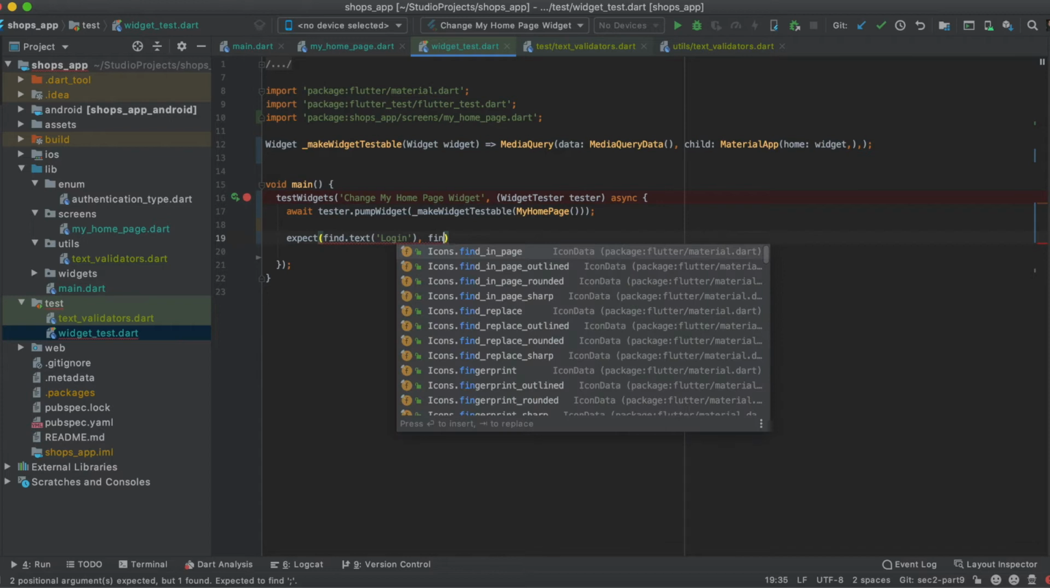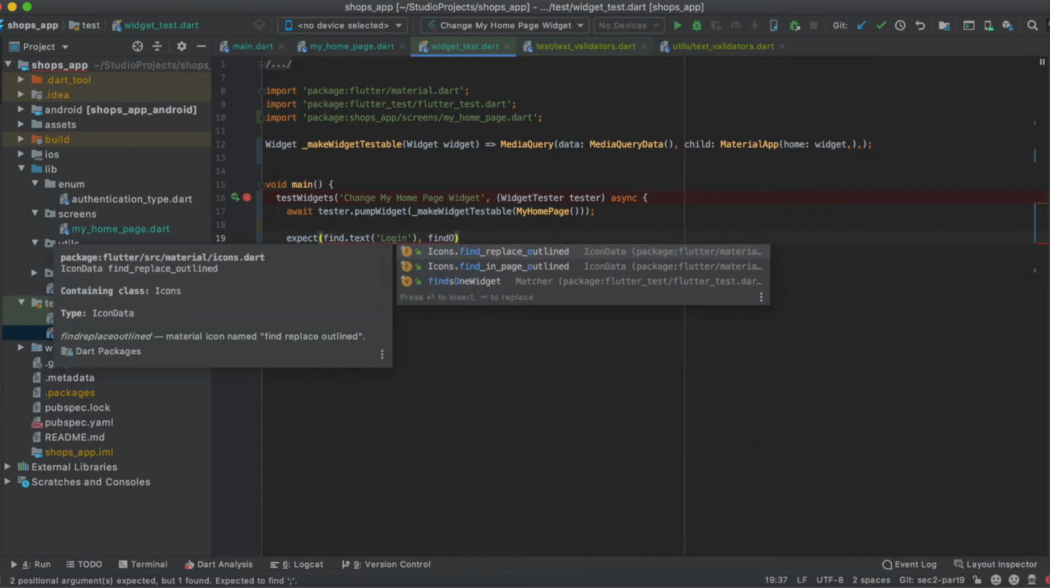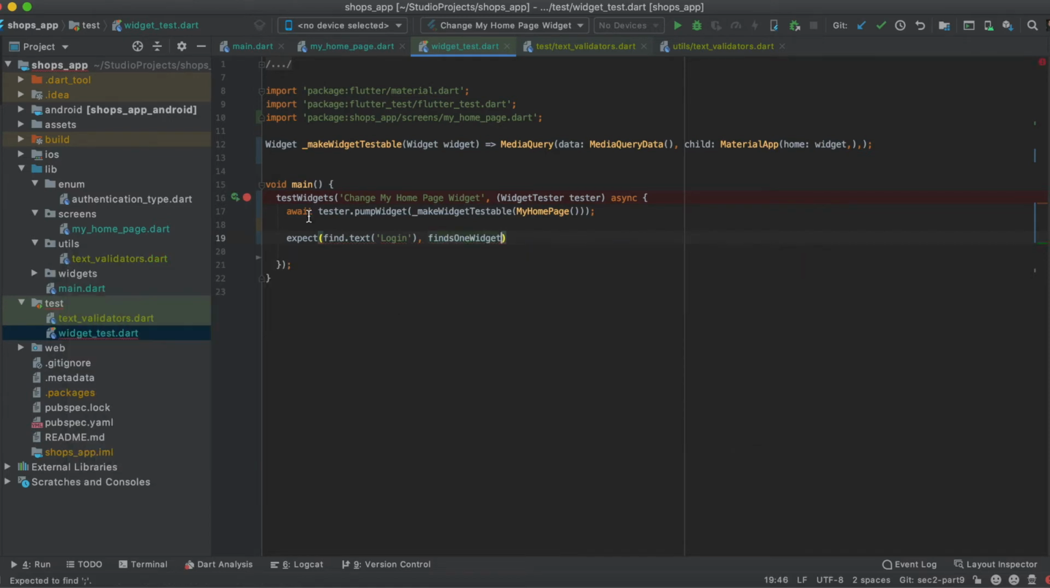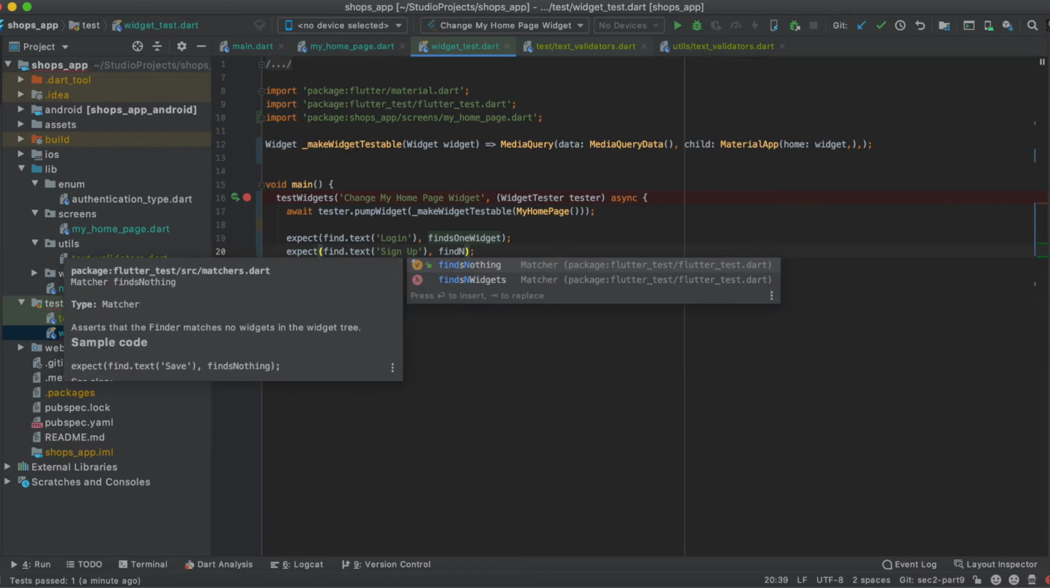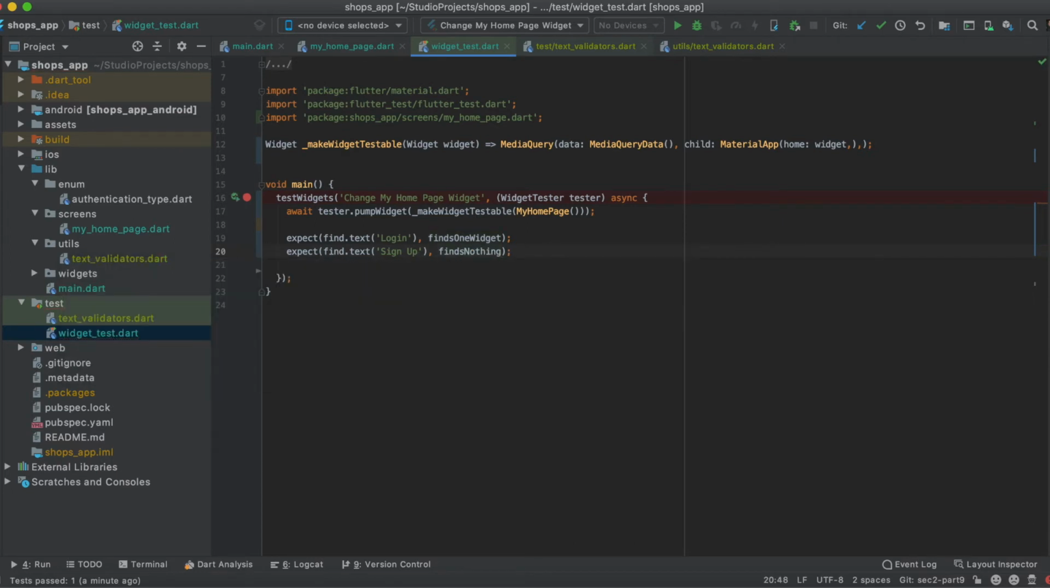So first I'm going to use this finds one widget. This will return true if login text exists on the screen. If it doesn't, then it returns false. And I'm going to duplicate this line by pressing Command D. And I don't want sign up button to be visible there, so I'm going to use find nothing. So sign up will be blank. And also